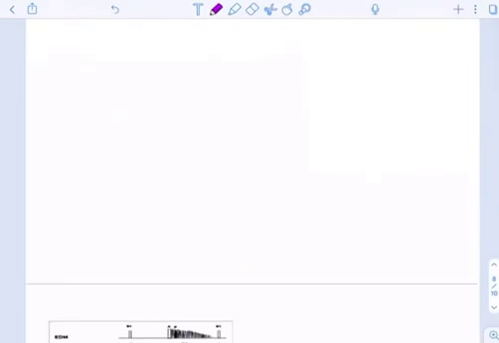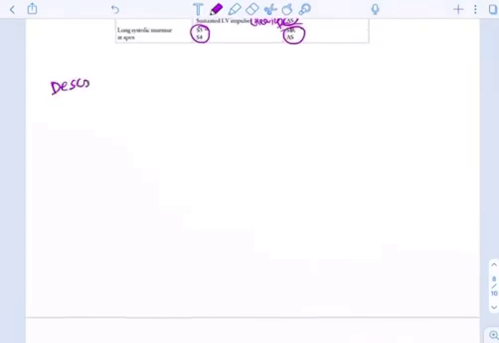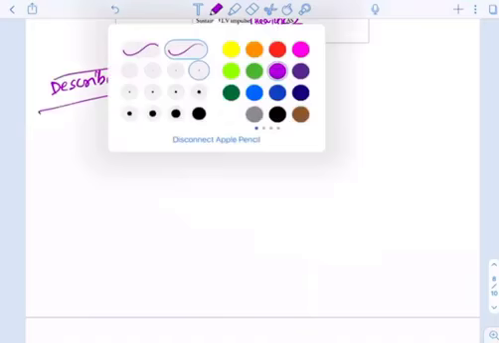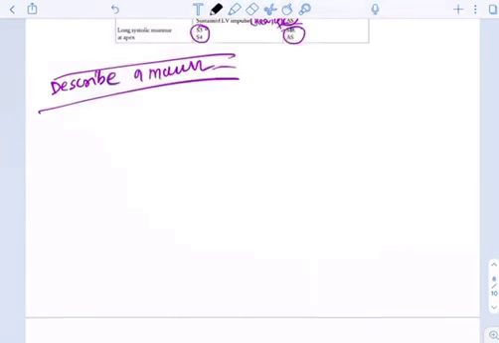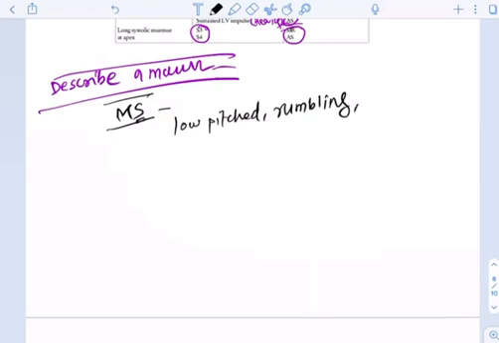So now this is how clinically we will see. Now how will you describe a murmur? Describe a murmur in exams or in your notes. So a murmur is described as, now consider I am explaining the murmur of mitral stenosis. As it is a stenotic lesion, it will be low pitched. The murmur in a stenotic lesion is always a rumbling murmur. Low pitch rumbling. Now what is the timing? We will mention low pitch rumbling mid-diastolic murmur.